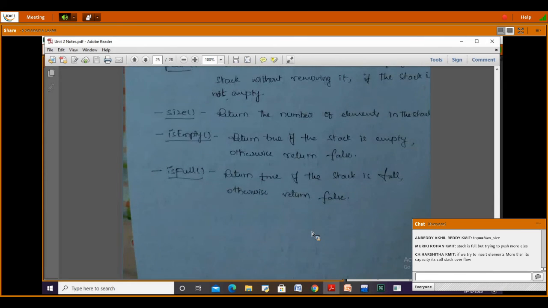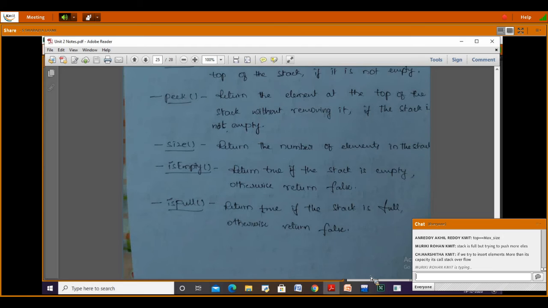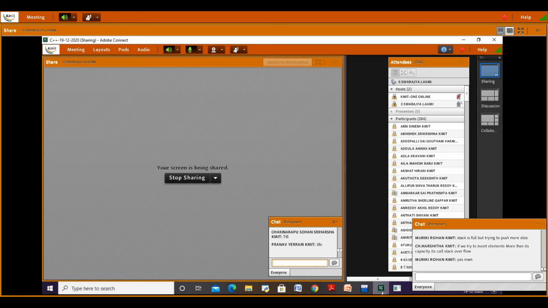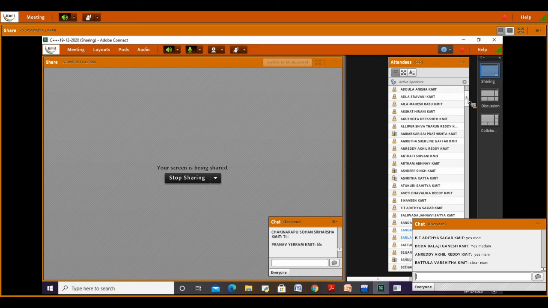Is this clear, everyone? Clear about the stack? Yes or no? I'll pick Varshita, Anil Kumar, Amarnath.